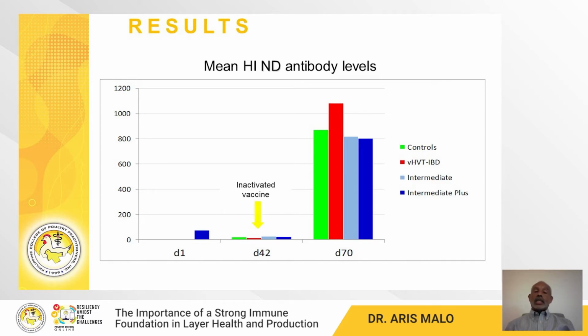Then let's look at some performance data of layer pullets. When we talk about performance data of pullets, there are two important parameters that we have to consider. First of all is the average weight gain, and the second is the uniformity. So normally you will receive a standard curve from the